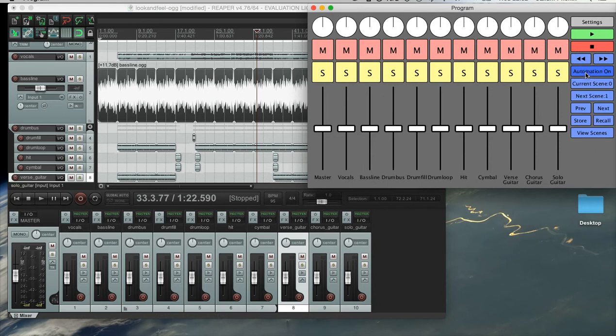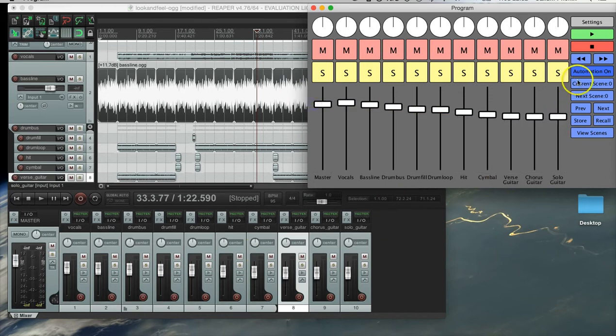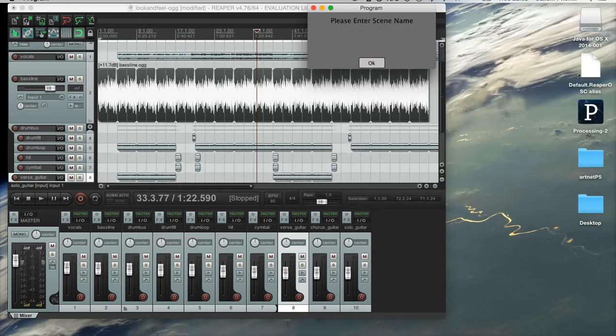Better. Right, I can now turn automation on, and if I go back to scene 0, I can recall it and it will reset everything. So it's been reflected in Reaper as well. But if I want to, I can then go to scene 1, and I can store this and call it scene